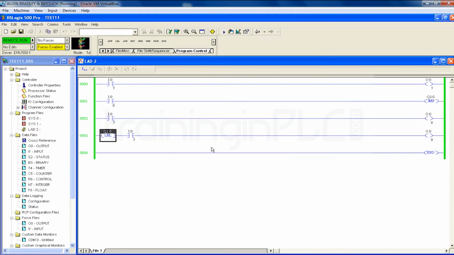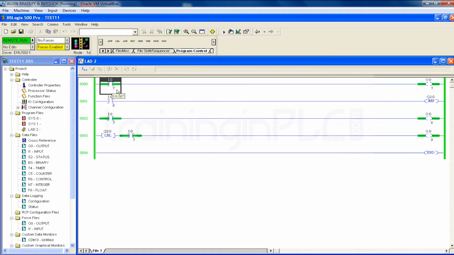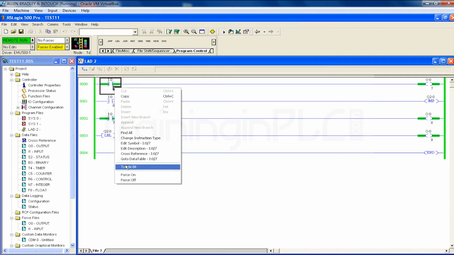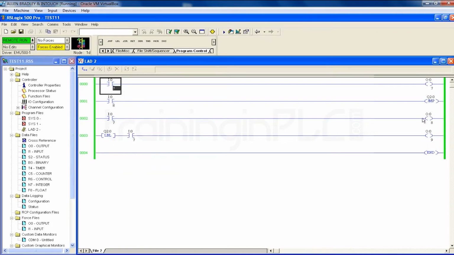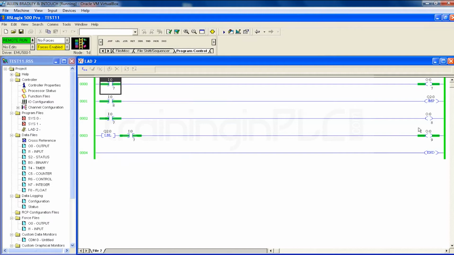Jump is usually to skip, right? So for example, see here, I'm turning this on. I colon 0/7 is on. Respective outputs are on. See here also I have connected I colon 0/7 only, right? So here all the three outputs are on. Suppose in some days you don't want to run this O colon 0/8. That time you need to turn on your jump first. Just turn on jump.